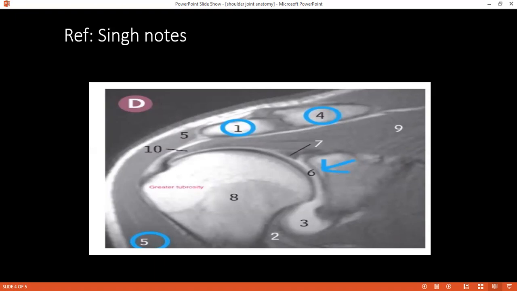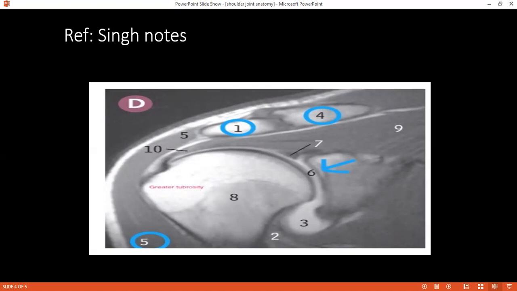What are the movements which are possible at the shoulder joint? Yes, the movements of the shoulder joint: flexion, extension, abduction, adduction, and medial rotation and lateral rotation. Flexion is performed by the pectoralis major muscle and the anterior fiber of deltoid and biceps and the coracobrachialis, and the extension by